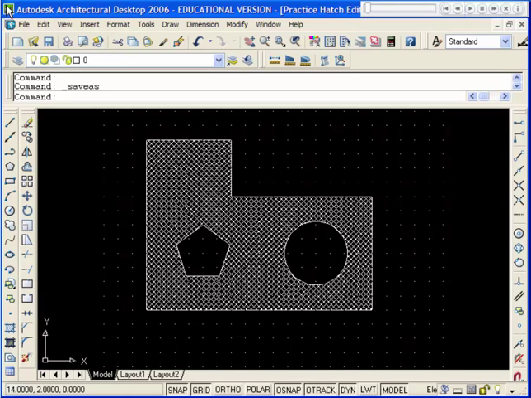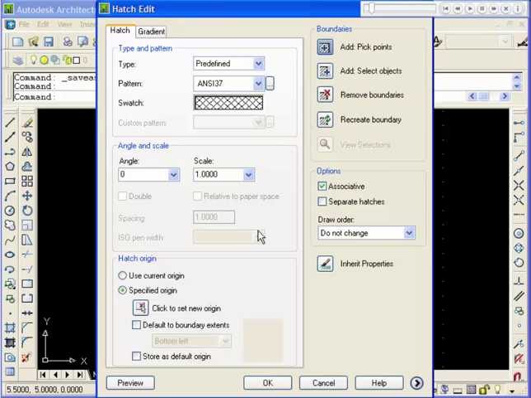In the previous demonstration, we created the hatch pattern that you've seen here. In this presentation, we're going to cover how to edit that hatch pattern. The easiest way to edit a hatch pattern is using double-click edit. So I'll go to the screen, I'll simply double-click on the hatch, and that brings up my Hatch Edit dialog